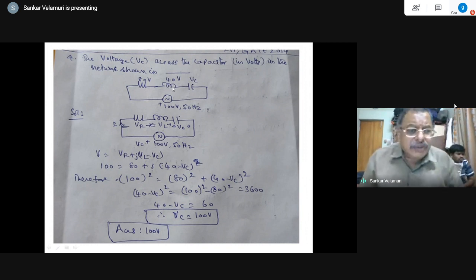Then we'll try to understand what is being given with our notation here. So 40 volts is the voltage across the inductance that is being given. VC is the voltage across the capacitance that is being given. And remember that these are all ideal elements that have been considered. If you consider the internal resistance of this, again this has to be shown as series inductance only, that is RL series combination. Practical inductance implies RL series combination always. But anyway, these are simple RLC elements being shown, each one of them ideal values.